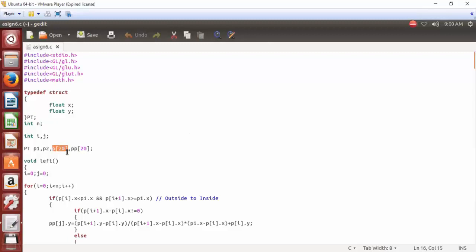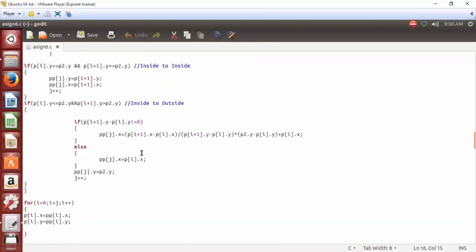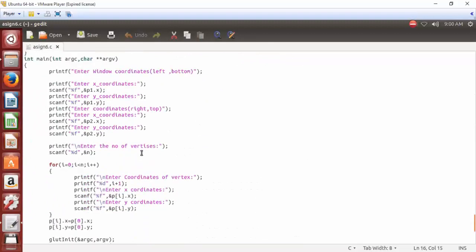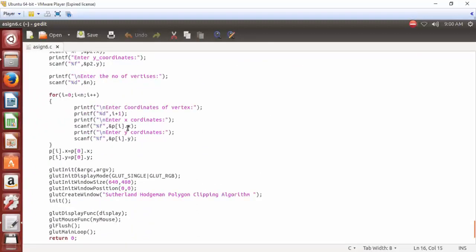So that is the polygon before clipping. So that P will get initialized here. According to the vertices, we will get P of 0.x, P of 0.y, then P of 1.x, P of 1.y, P of 2.x, P of 2.y, P of 3.x, P of 3.y. As it is ranging from 0 to less than 4, we are going to have values that is P of 0, P of 1, P of 2, and P of 3. So that is going to scan our 4 points where we are going to draw our polygon.